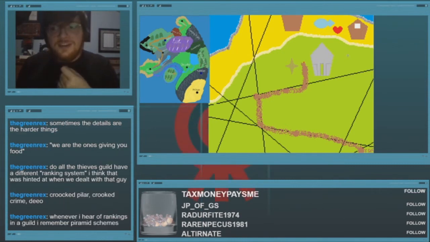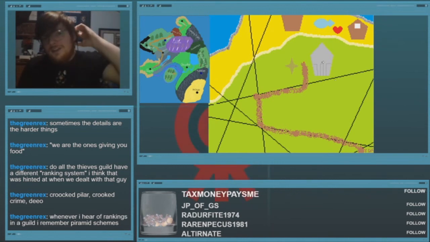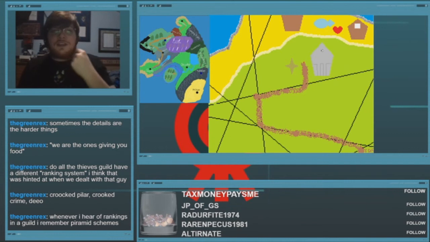Whenever I hear of rankings in a guild, I remember pyramid schemes. Fair. Pyramid schemer. One of the ranks is probably going to be con man. One of them might be a pyramid schemer. Something like that. Anyway, this is the Thieves Guild. It's got little pillars, and it's got a little